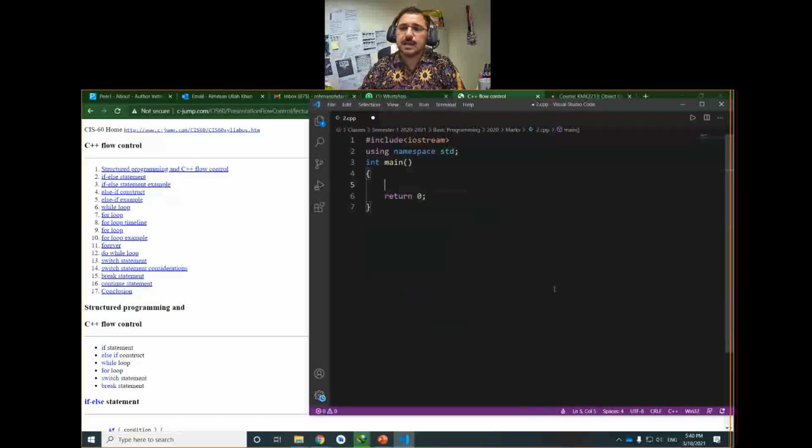The if statement is like this: it checks a condition. If the condition is true, then the body of the if will run. If the condition is false, then the body of the if will be skipped. For example, if I write here int x equal to 5 quickly, and here if I write if x is, and you remember that conditions are made